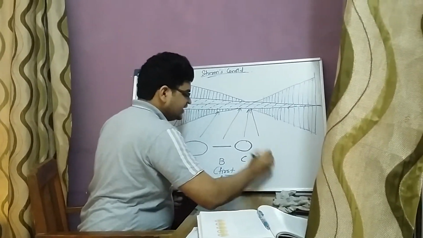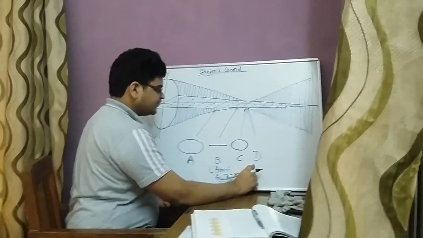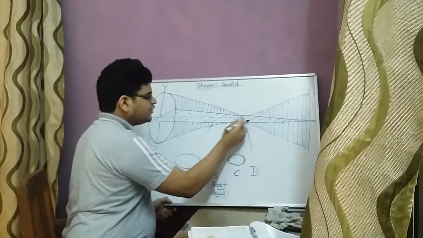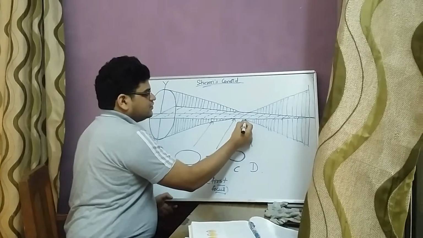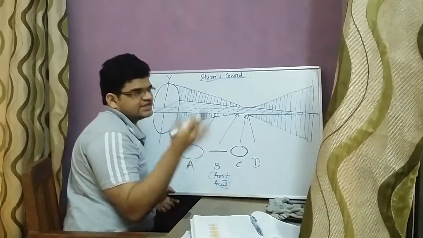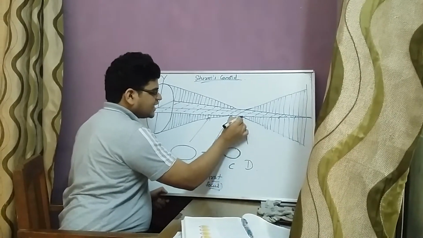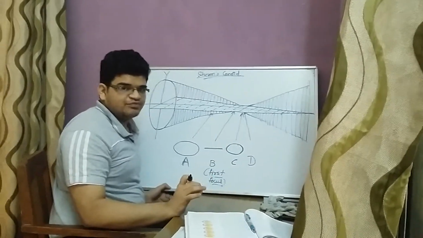Next is point D. Now at point D, what is the difference between point C and point D? Point C is somewhere like 2 millimeters behind the beginning of this triangle. That is how I remember it. Now where this divergence starts, that is what they have labeled as point D.